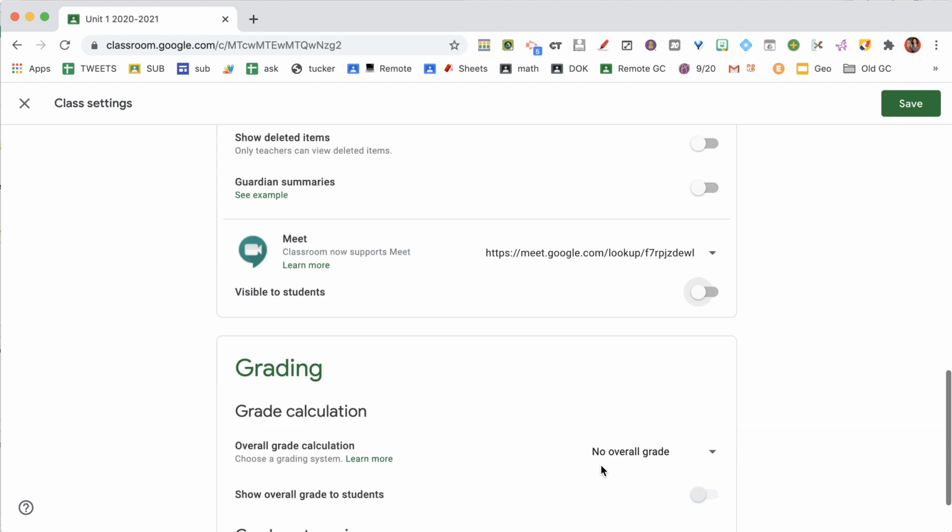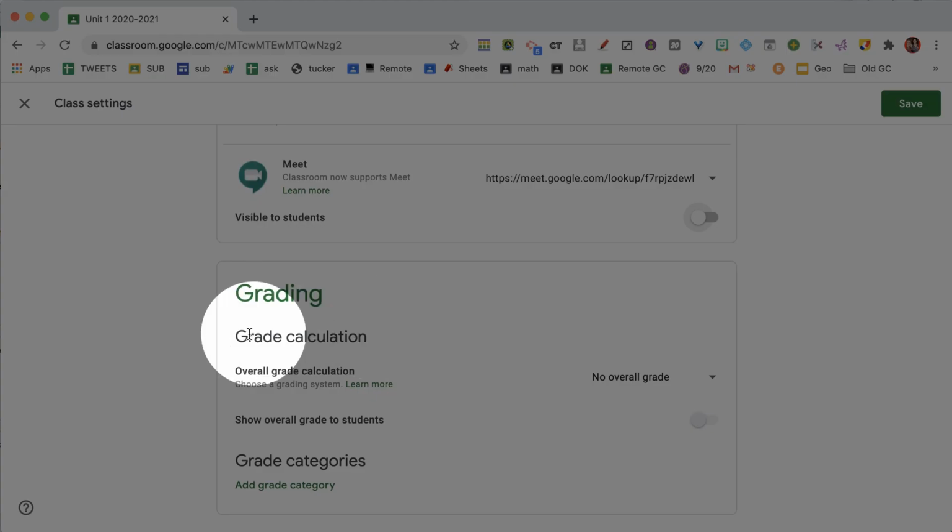Now, if you come down a little further, it says grading and grade calculation. Google Classroom has the worst gradebook on the market. Maybe there's one worse than this, and oh my gosh, that would be awful. I could rant all day about this. It will not calculate the grades the way you expect them to. And you shouldn't let Google determine how you're grading. You should do that yourself. So please, I beg you,